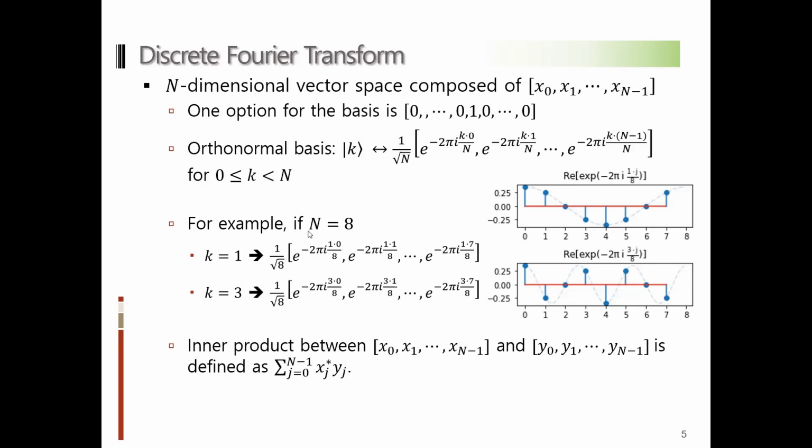Let's say that we are considering the n equals 8 case. So what is the vector? There will be 8 orthonormal basis vectors, and for k equals 1, what I have to do is replace this k with 1, and then calculate all of these values. The problem is that these are all complex numbers, so it's not easy to visualize. But we know from the Euler relation that the real part of each of these will appear as a cosine of minus 2 pi